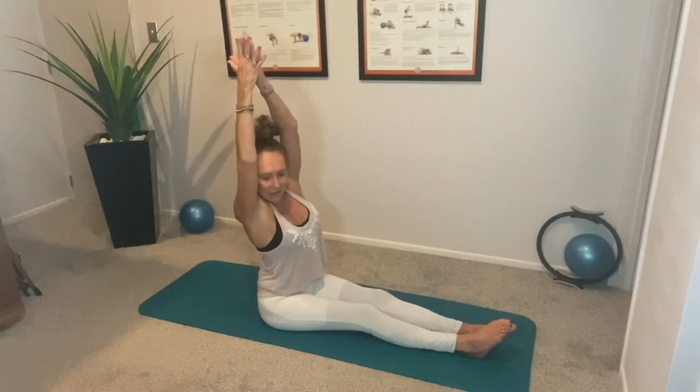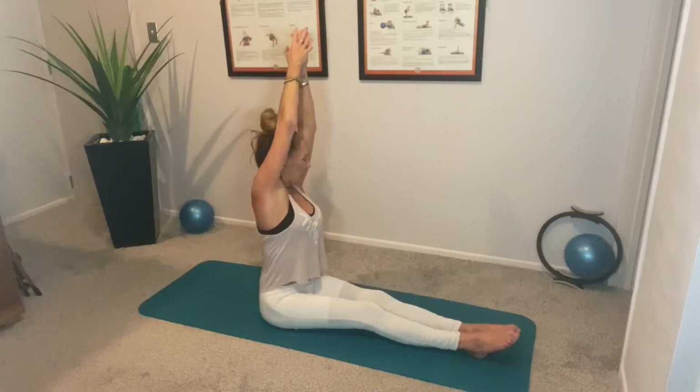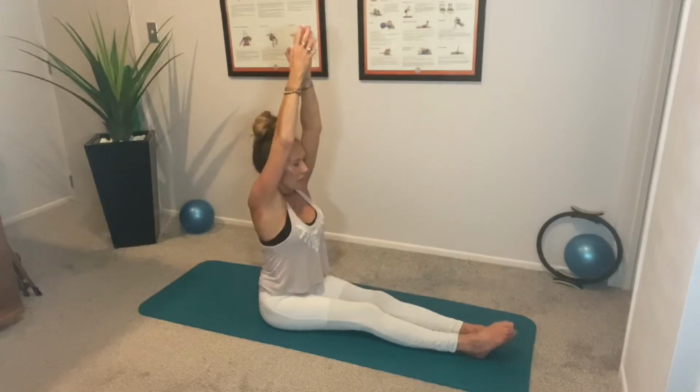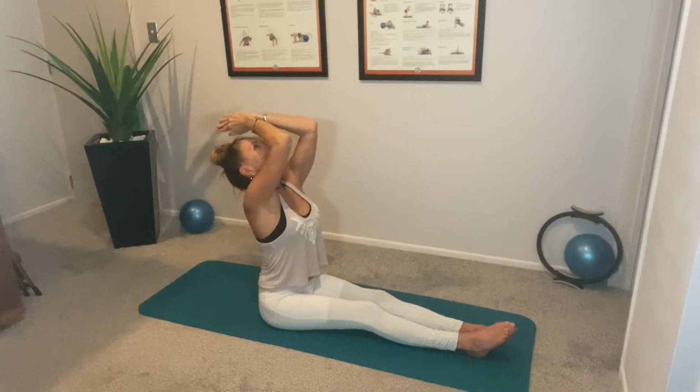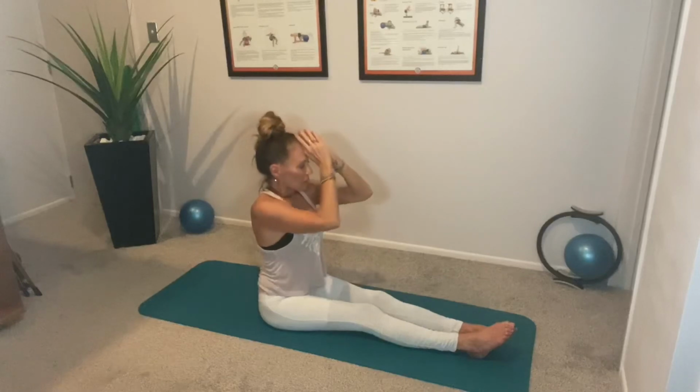Exhale over to the right, back into center, over to the left, back into center. Take the hands onto your forehead as you drop your head back. Go ahead and bring your head down, bring your hands